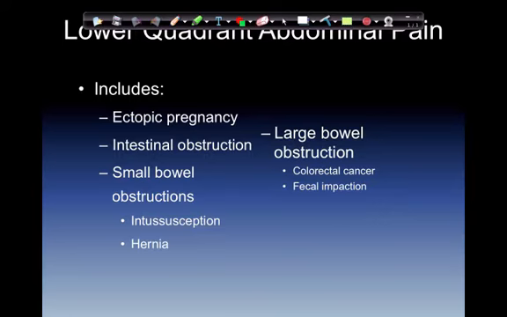Intestinal obstruction occurs most commonly in the lower intestine. Mechanical obstruction or non-mechanical obstruction. We also have a paralytic ileus. Peristalsis does not move the fecal material through the intestine. It becomes inflamed and starts hurting. Small bowel obstructions